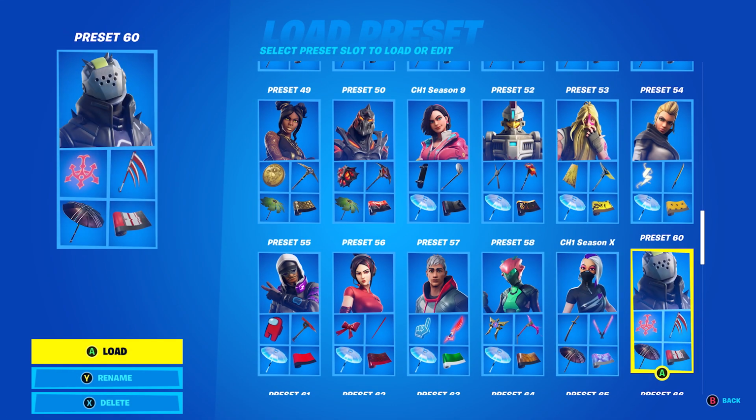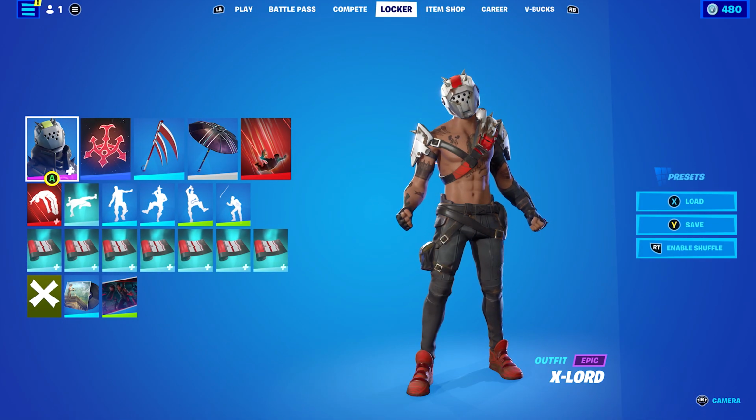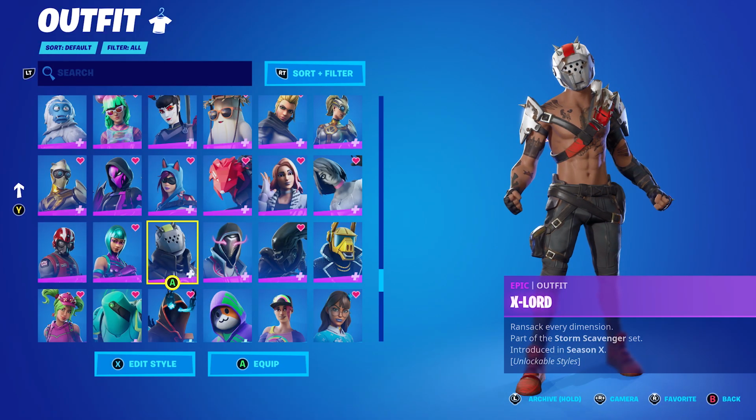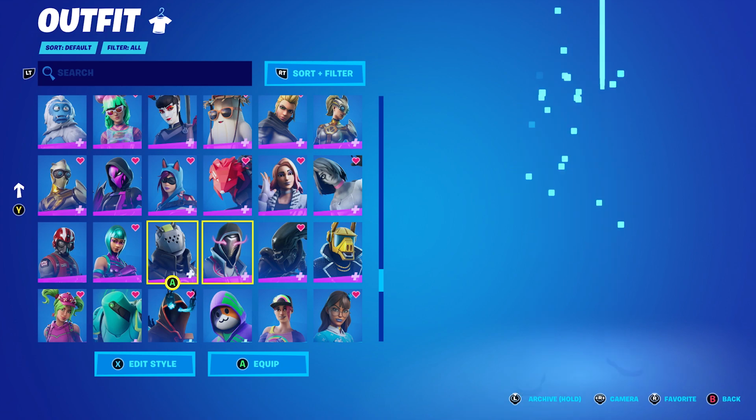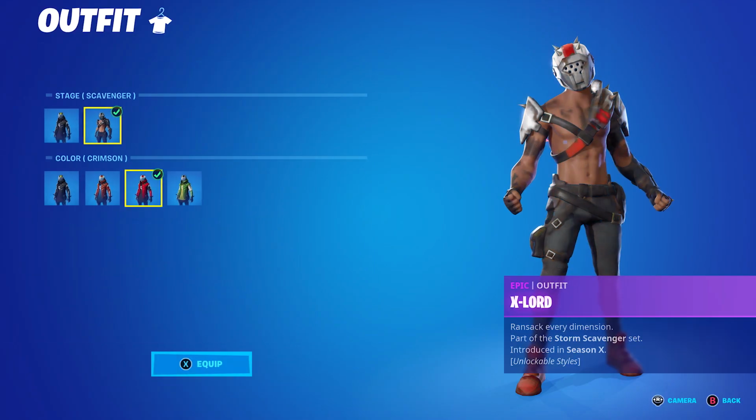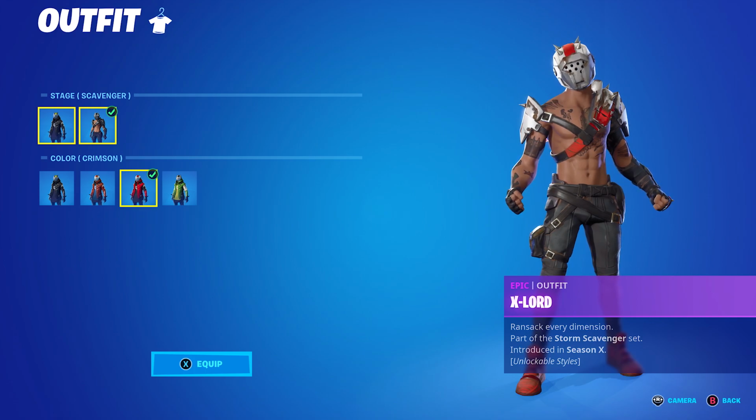Let's move on to the second skin, which is the X Lord, which is basically a remix of different skins from throughout Chapter 1's battle passes. I really did like this. Obviously it made sense, but a lot of people didn't really start playing until probably the end of Chapter 1 seasons. I'd say probably Season 4, a lot of people start picking up the game at Season 4 or Season 5. And the edit style I'm using for X Lord is Scavenger for stage, and then the colour